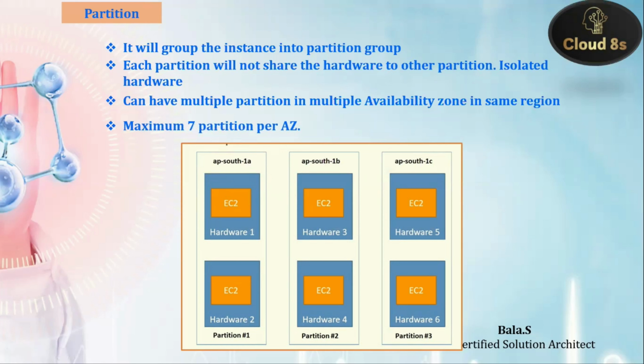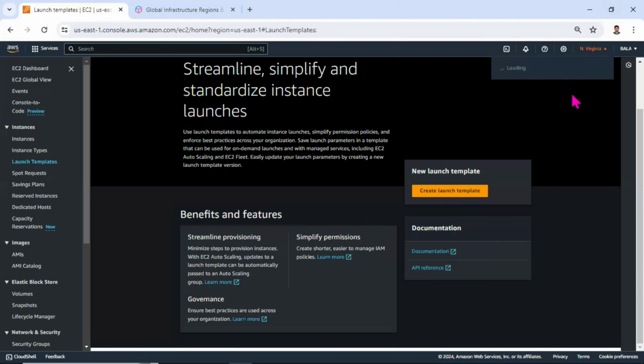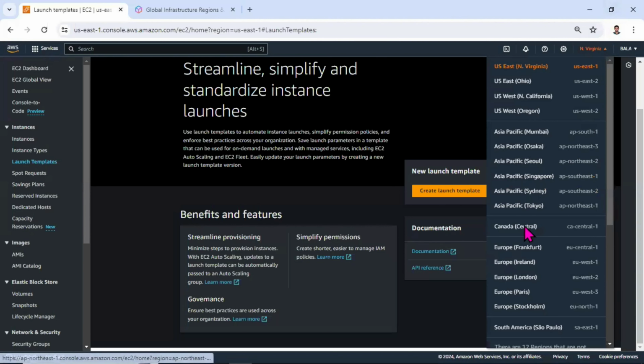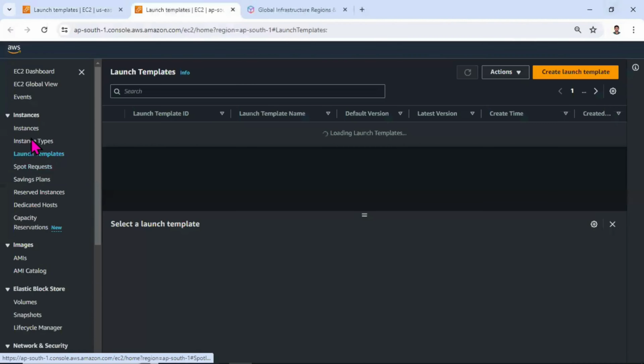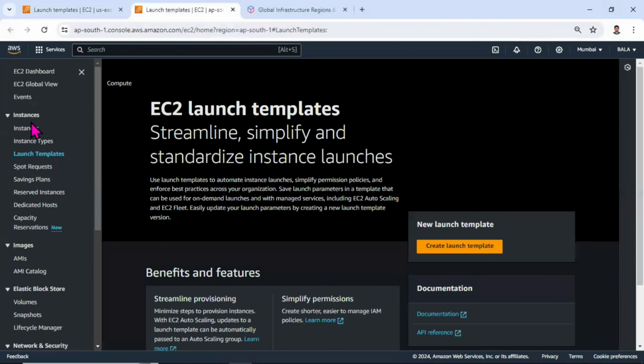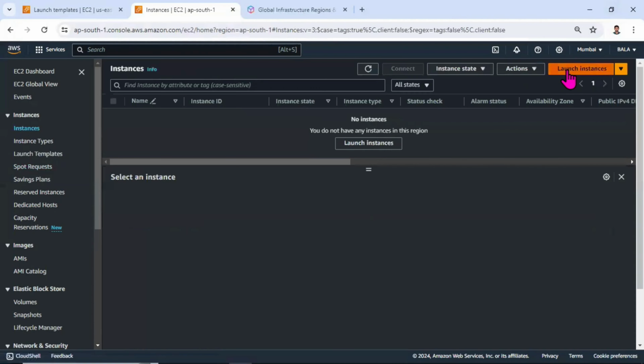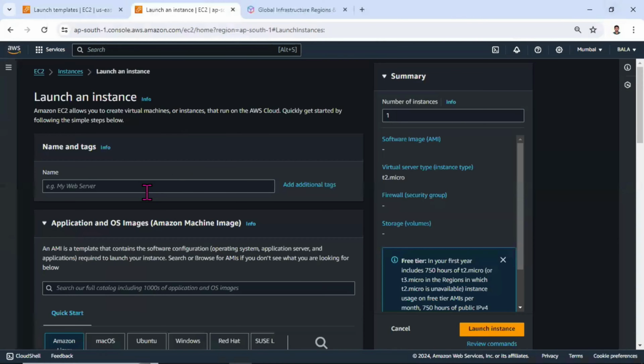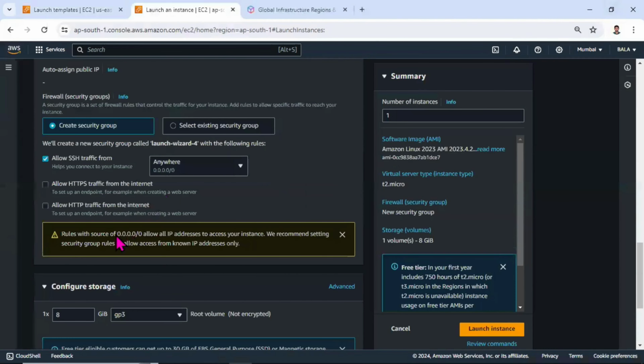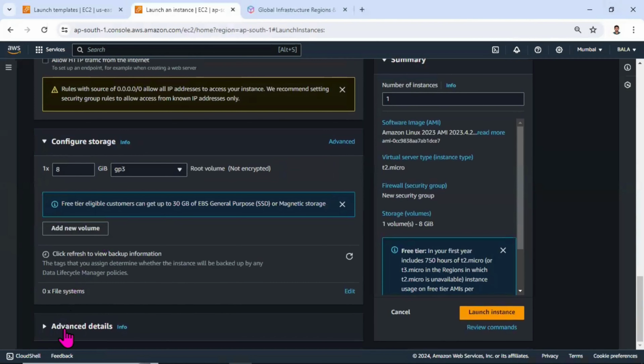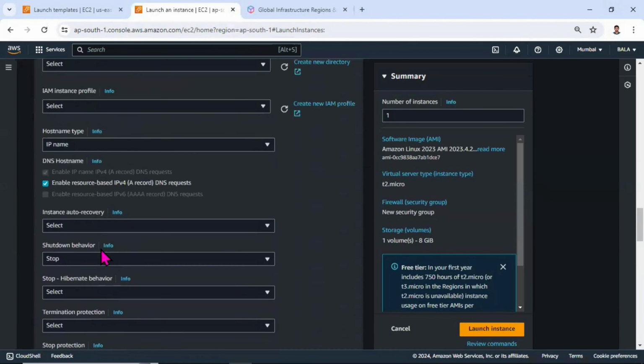Now we will see how we can create the placement group on AWS and how we can attach that placement group. So I'll quickly switch into the console. I'm switching into the Mumbai region for now. Basically, when we are launching the instance, we can select the placement group and we can create the placement group under the advanced tab. If you can see, I'm in the launch instance configuration. If you click on advanced, you can see